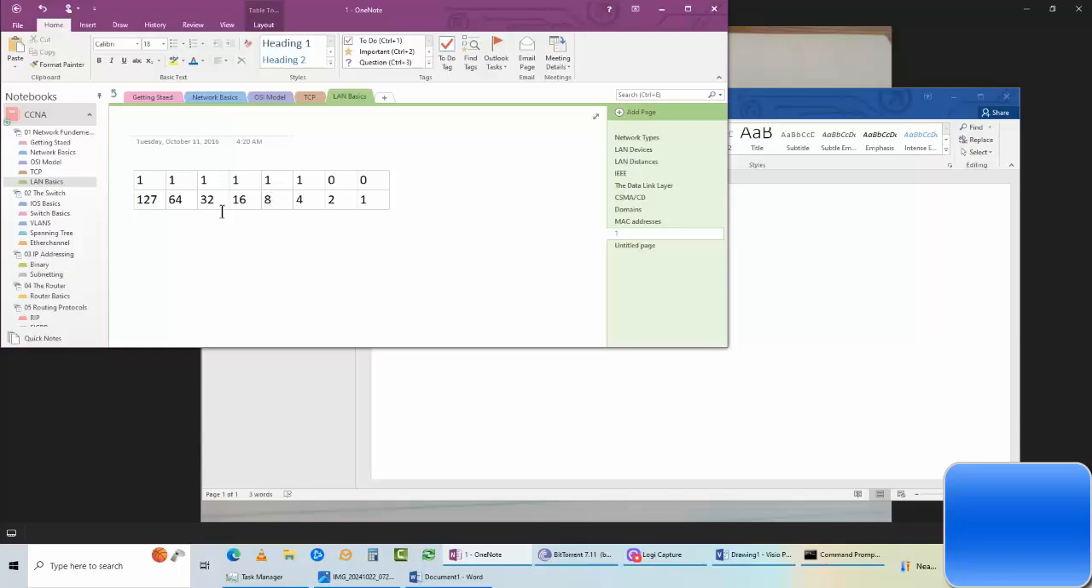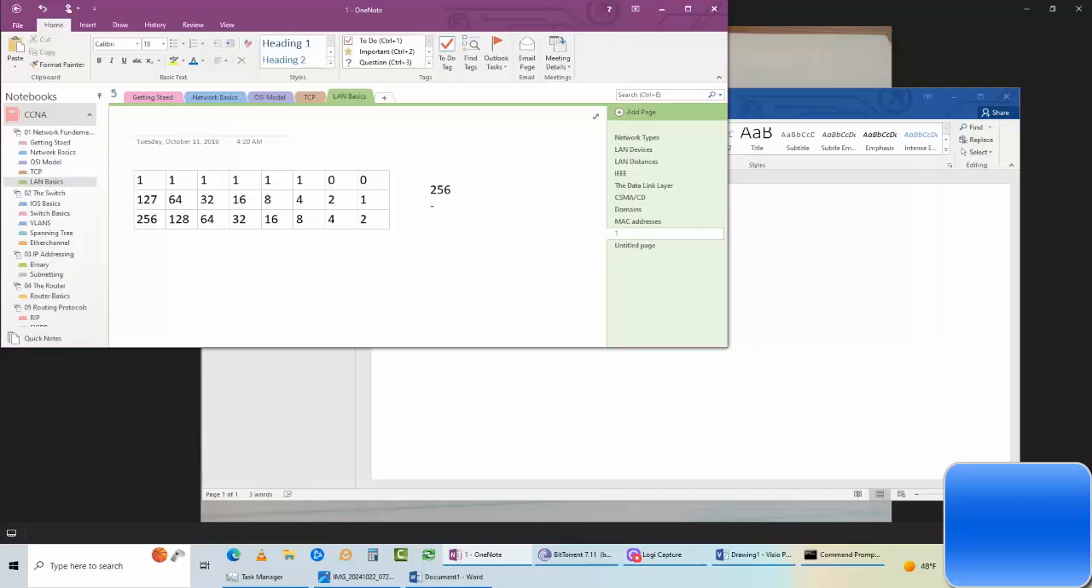Or we can take it starting off with 2: 2, 4, 8, 16, 32, 64, 128, 256. So we're going to find out what our magic number is. Let's say 256,